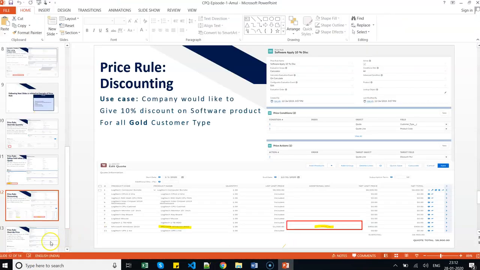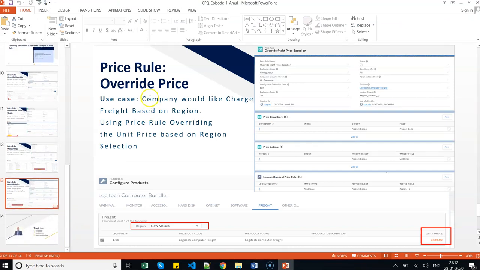Now moving to another use case scenario where you want to override the price also. So the price rule can be used for overriding the pricing also. In one of my use cases here, if my region is Mexico, based on that region and location, my freight charges will change. If I belong to New Mexico, my freight charges will be X rupees. If my region is North America or South America or some other region, then based on my region, my freight charges will be different. Sometimes the freight charges depend totally on my customer or my manufacturing location. So let's suppose